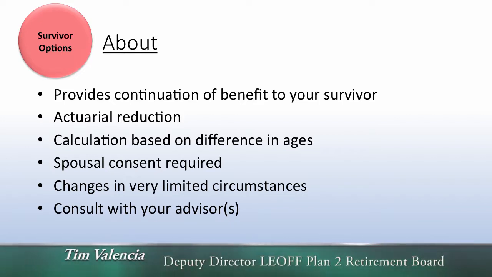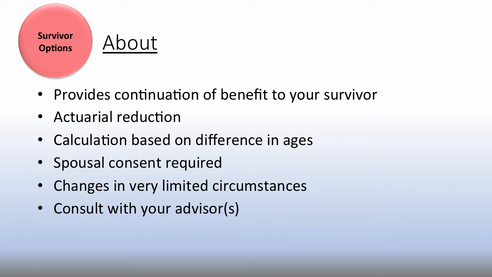So all it means is that you're going to take your benefit. We don't have a specific number for you, but theoretically, there's a pool of money that's going to be dedicated to your retirement, and we're going to pay that out over your lifetime. That's one of the great features of defined benefit plans, is that we're going to pay you your benefit for your entire lifetime until you die, no matter how long that is, right? The survivor option allows you to take your benefit and not only pay it out over your lifetime, but then we're going to extend it and pay it over your survivor's lifetime. So now we're going to be paying that pool of money over 2 lifetimes.